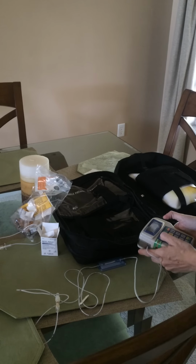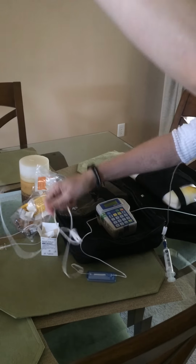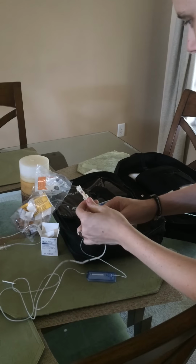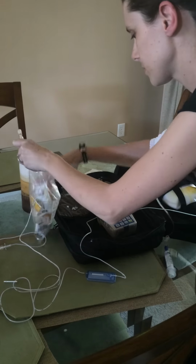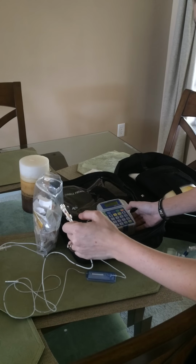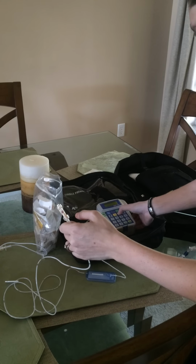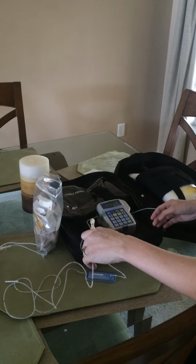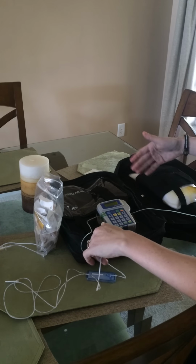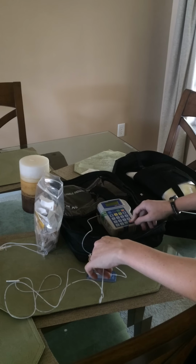So now I turn it on. And the fun process begins of priming. Yay! It asks me a series of questions, blah, blah, blah. Go through. Yes. And usually these pumps come pre-done, like what the doctor has it set to do, so I don't really have to do that much for it. So I hit the prime button